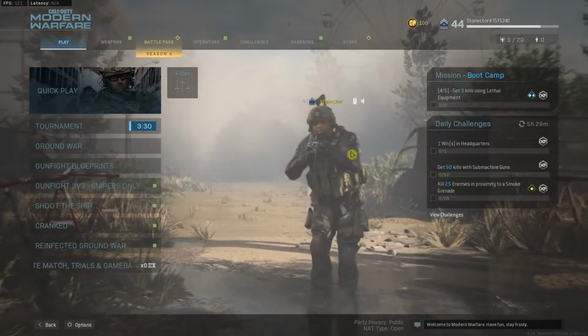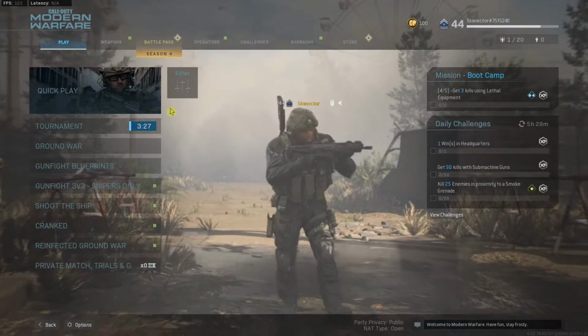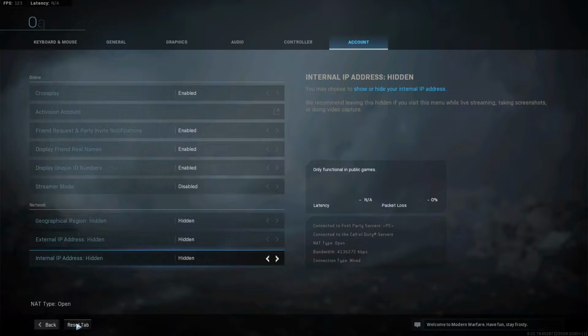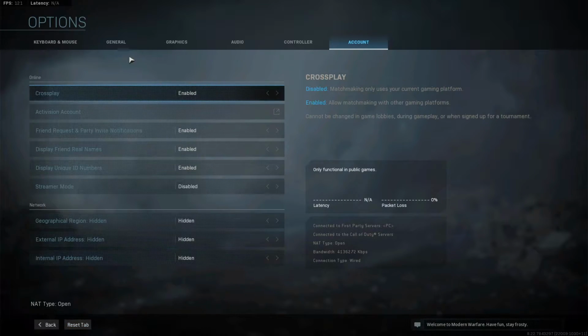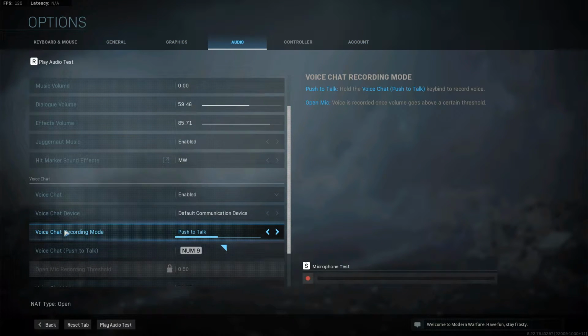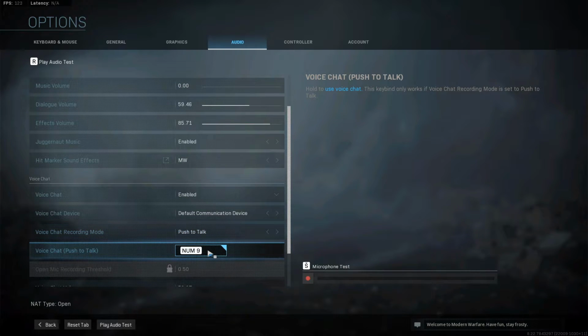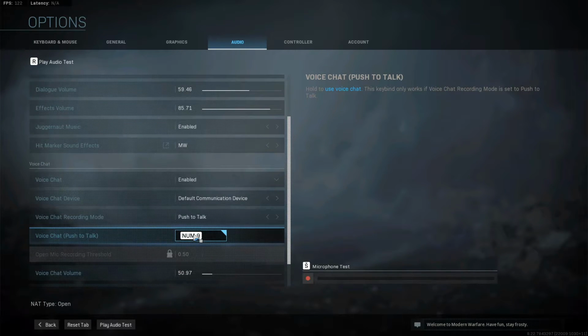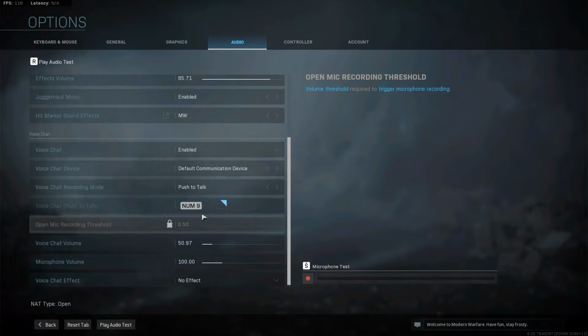The first thing you want to do is just be in Modern Warfare, and when you have it, just click here on Options. When you are in Options, go to Audio, and you're going to see right here Voice Chat Recording Mode, and you just want to change it to push-to-talk, and now just change the button on push-to-talk